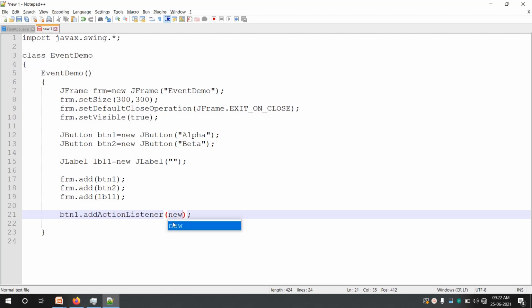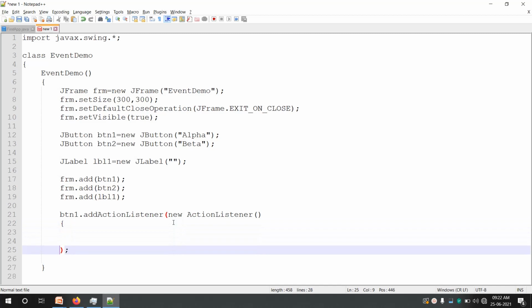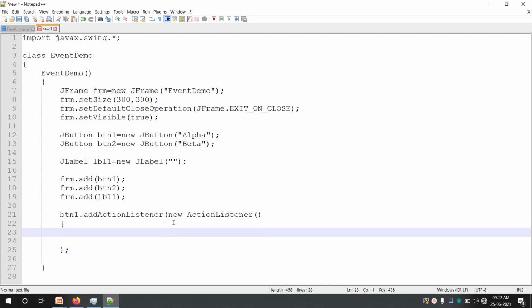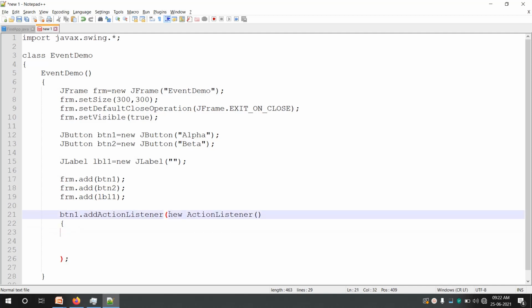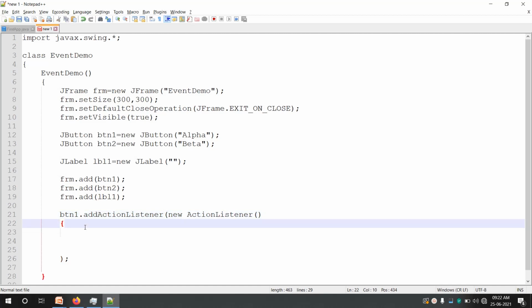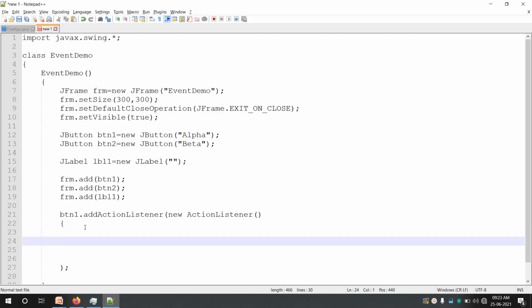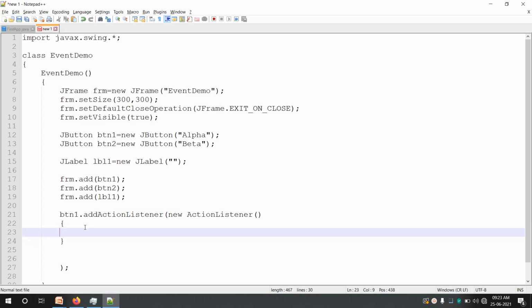So we will declare an inner class here itself by using new. Then we have to declare an interface which is inherited by that anonymous class, so here ActionListener. Then inside the curly bracket we have a class which is inheriting the ActionListener interface. As it is inheriting the ActionListener interface, this class should provide a body for one method.